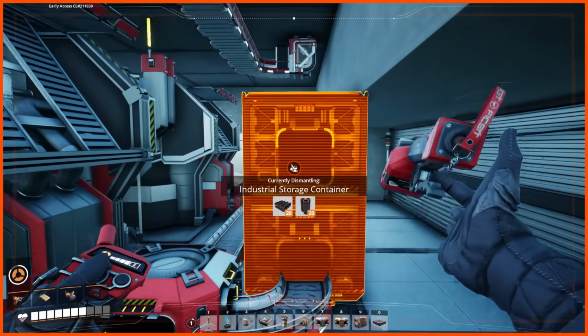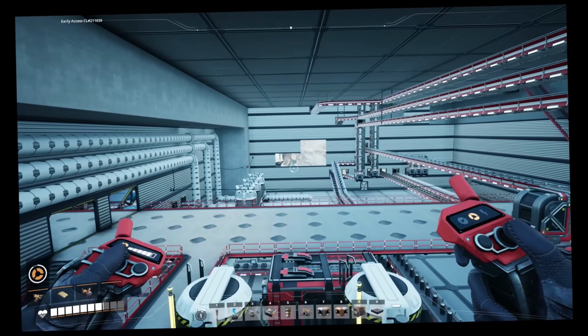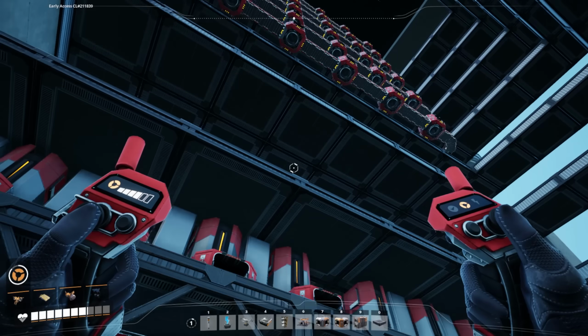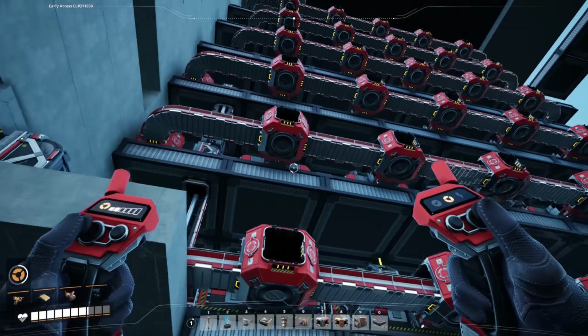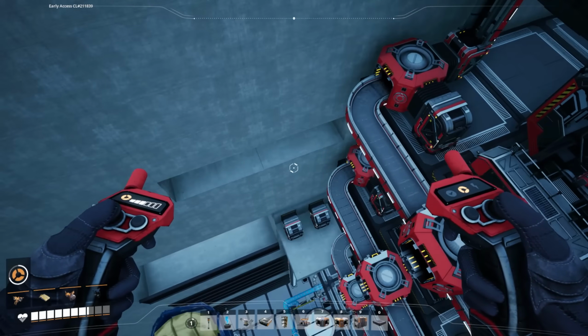All this here is making nothing. Why? Rotors. Oh. What? You're telling me, Kibbs, that after all of this, I have to send some rotors downstairs? How? There's no room for anything. What? I have no...